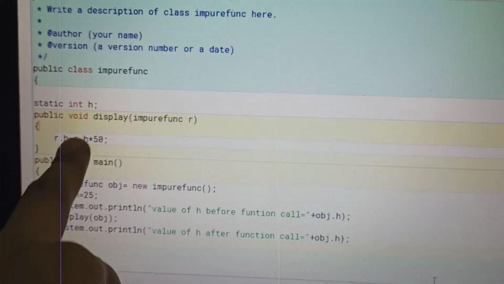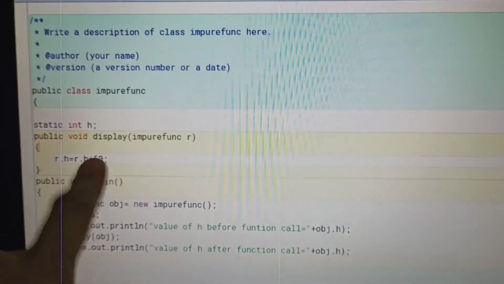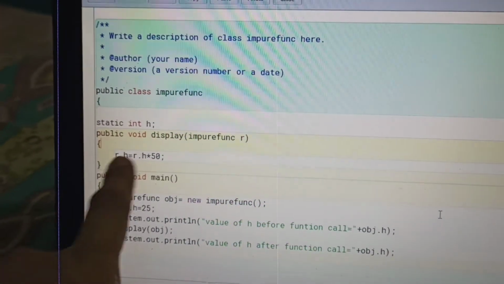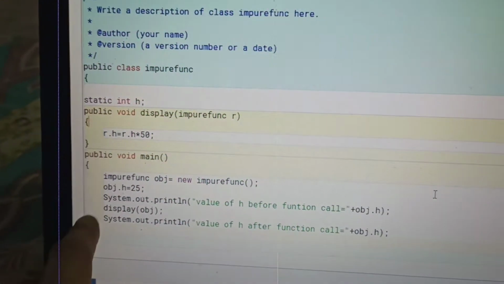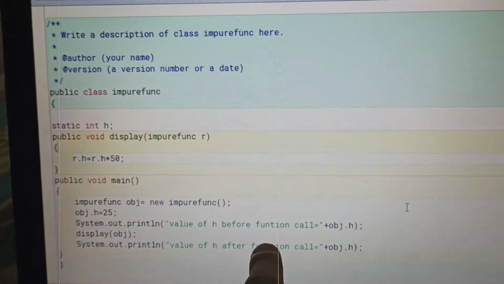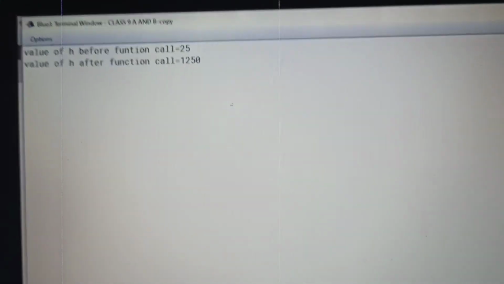When it enters inside, it calculates 25 into 50, which is 1250. Again it comes back and displays the value of h after function call, so it displays 1250.